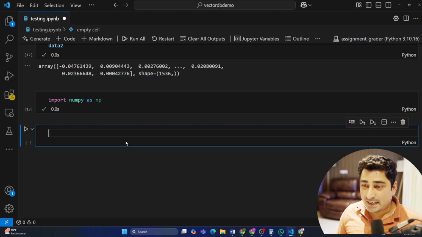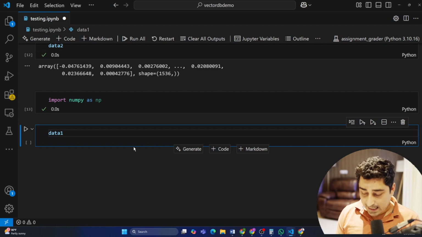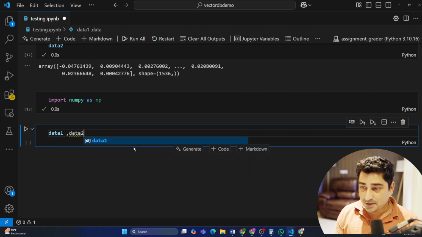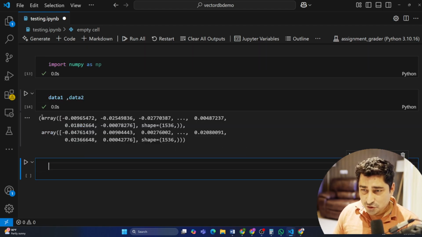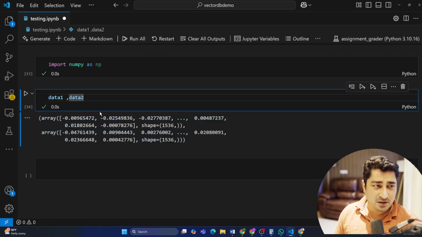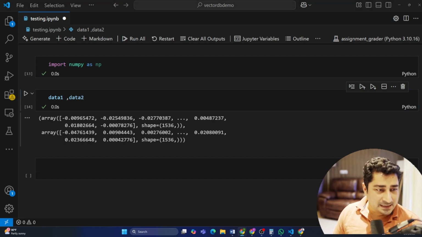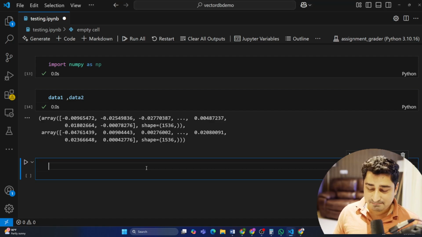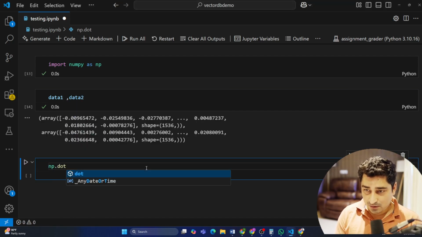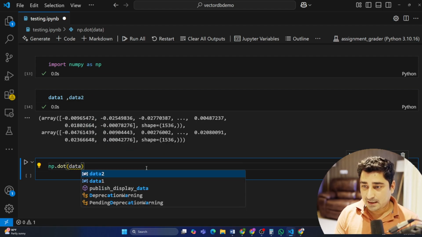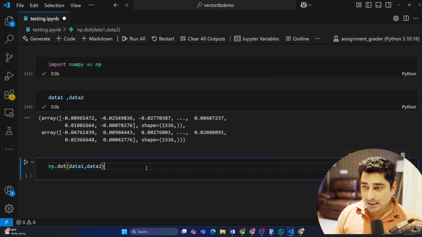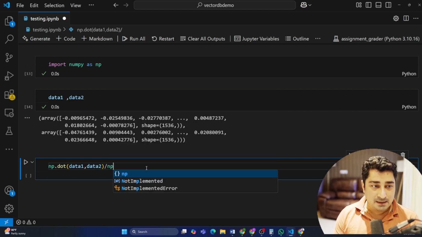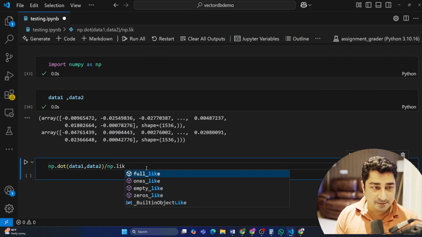Okay, so we have two data: data 1 and data 2 over here. I'll try to see how it performs a distance operation between them based on cosine similarity. Now, the formula for cosine similarity is a little bit complex. The numpy dot operation is performed between data 1 and data 2, divided by, this is the formula basically, numpy dot